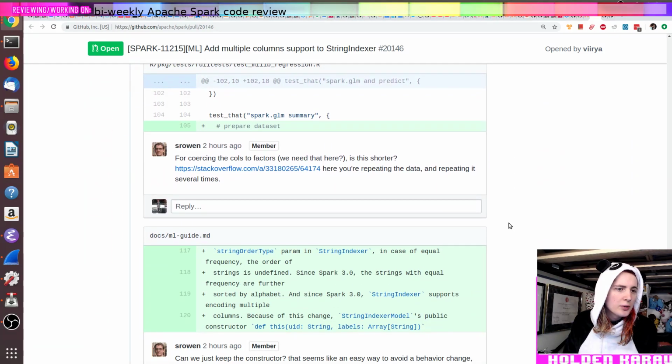Sean asked for some changes on our side for coercing the columns.